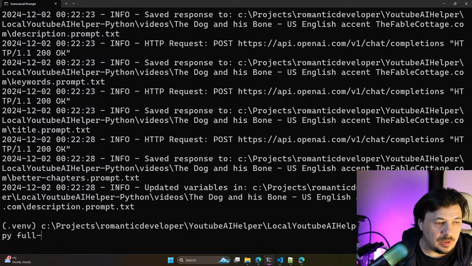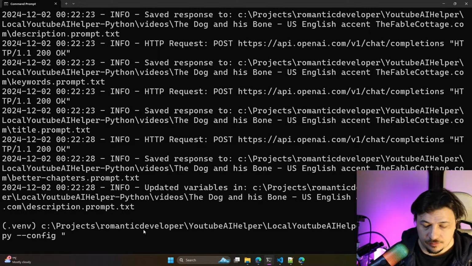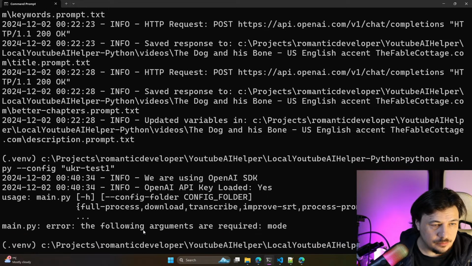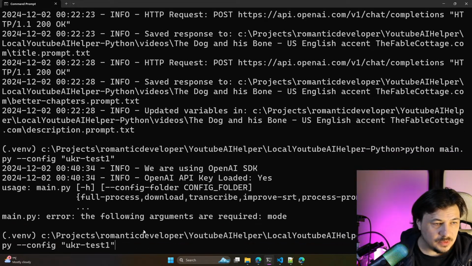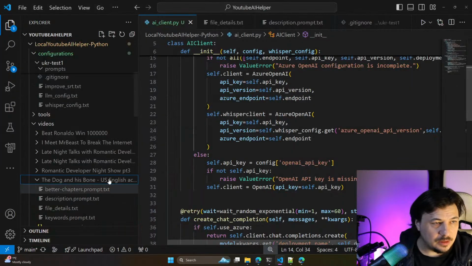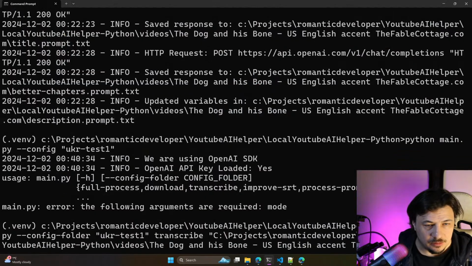Python main config. Okay, test one. Maybe we could use something like the config folder. Okay. Transcribe and Control V.